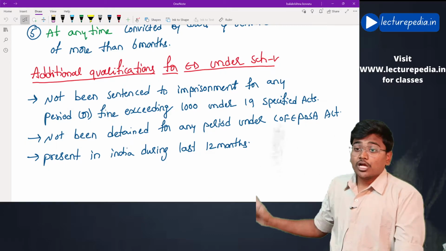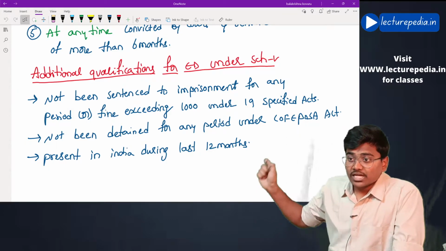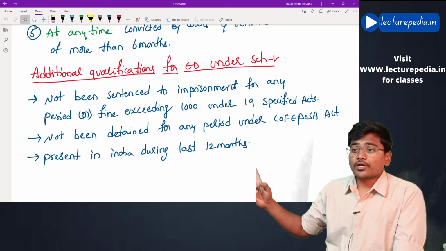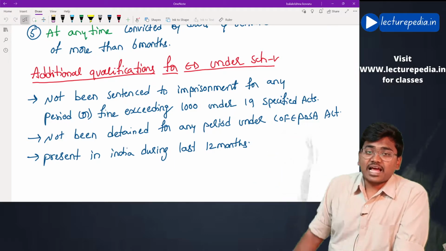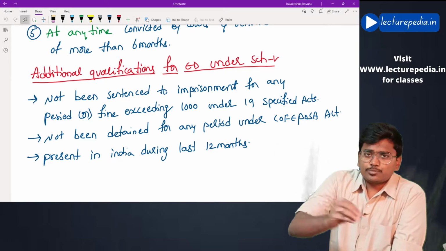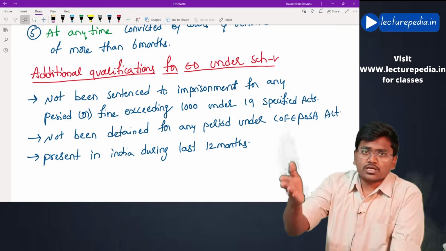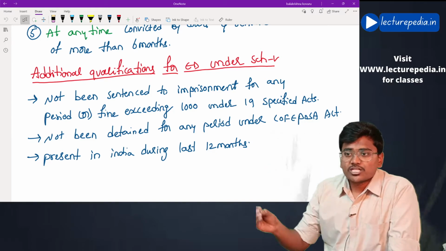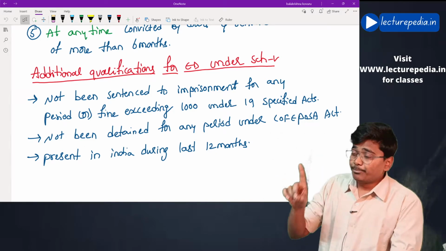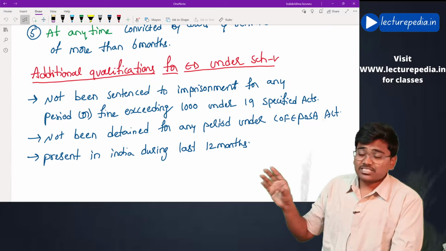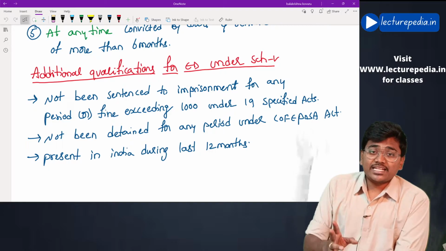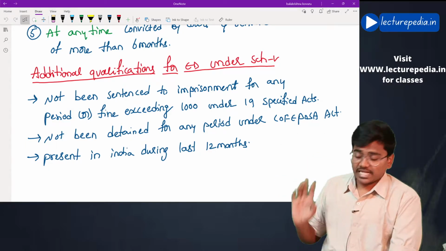What are they? Not been sentenced to imprisonment for any period or fine exceeding 1000 under 19 specified acts. You can find those 19 specified acts in the book. All those, the Income Tax Act, GST Act and FEM Act, all those 19 acts are specified. He should not have been imprisoned under those 19 acts for any period, and he should not be imposed any penalty of more than 1000 rupees under those 19 acts. Next,